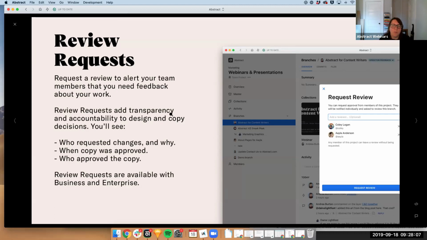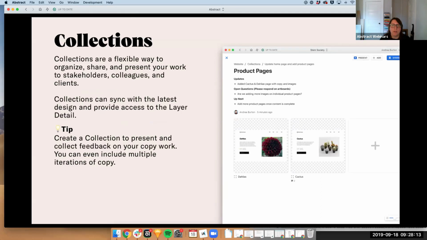All right, but what's the best way to set your branch up for a review request? This is where I encourage you to create what we call a collection. A collection is similar to a prototype. In Abstract, you can create a collection, and then you can add specific screenshots of the screens that you've changed.